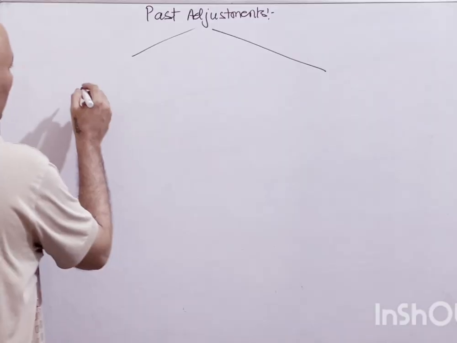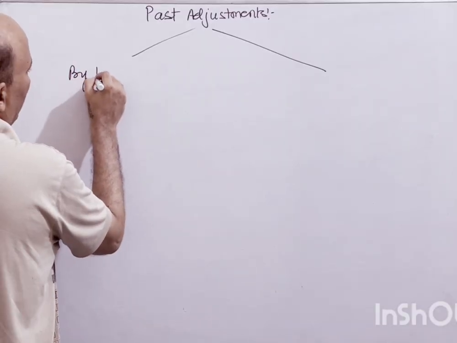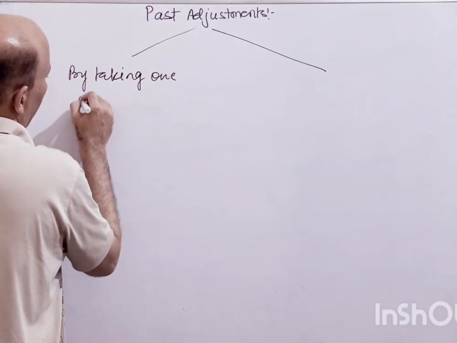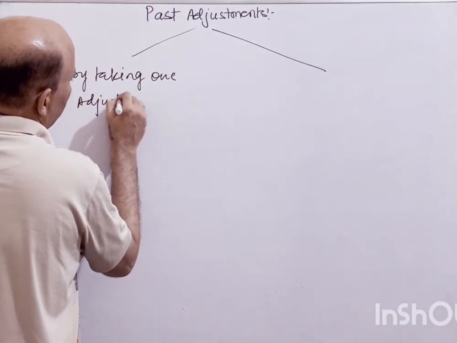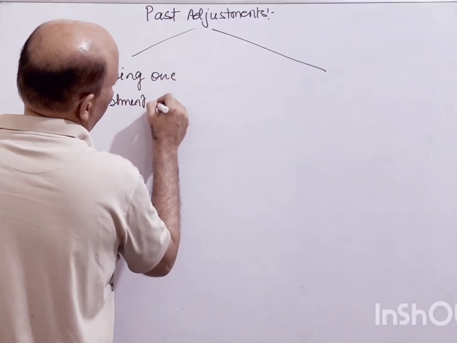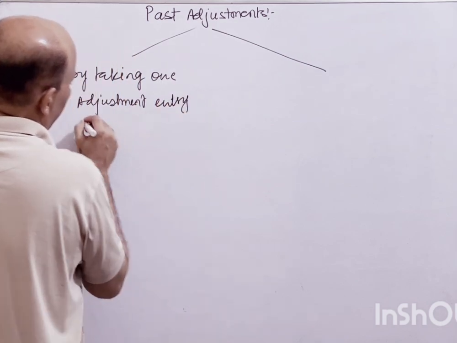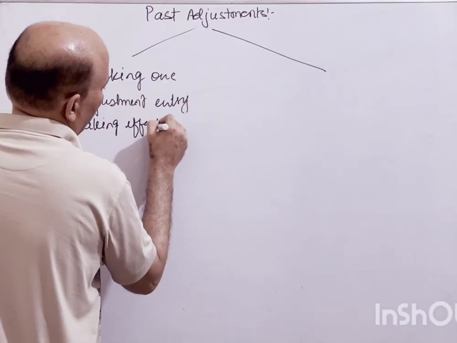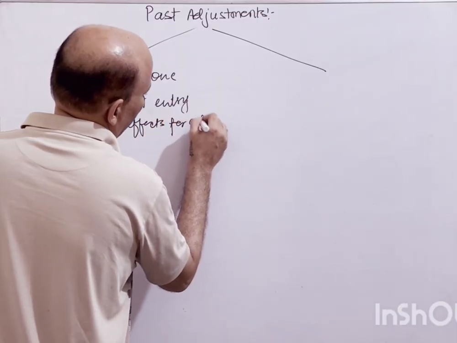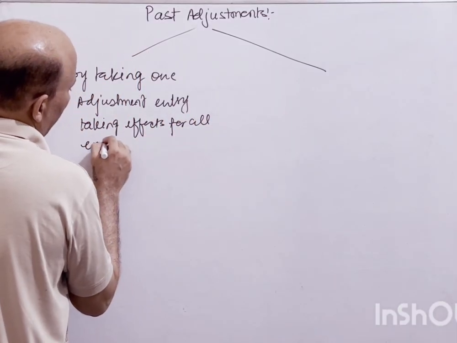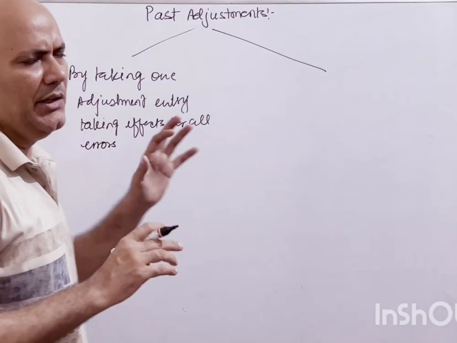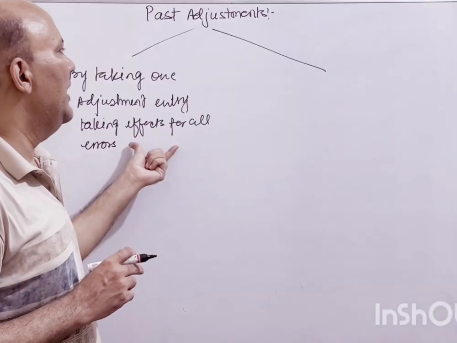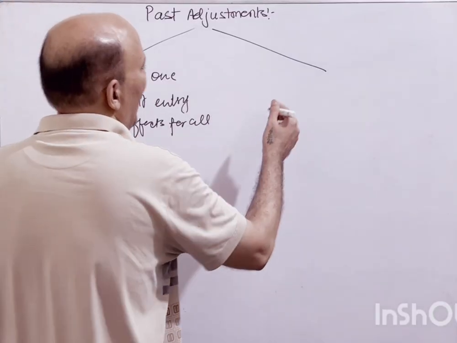You can do it by taking one adjustment entry, taking effects for all errors. So whatever errors are there, you are taking the effect of that, and the net impact will be taken through one entry, or by